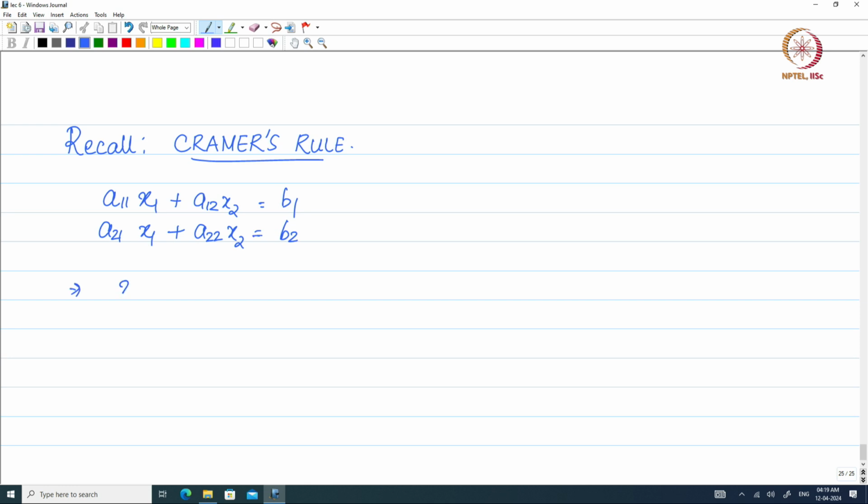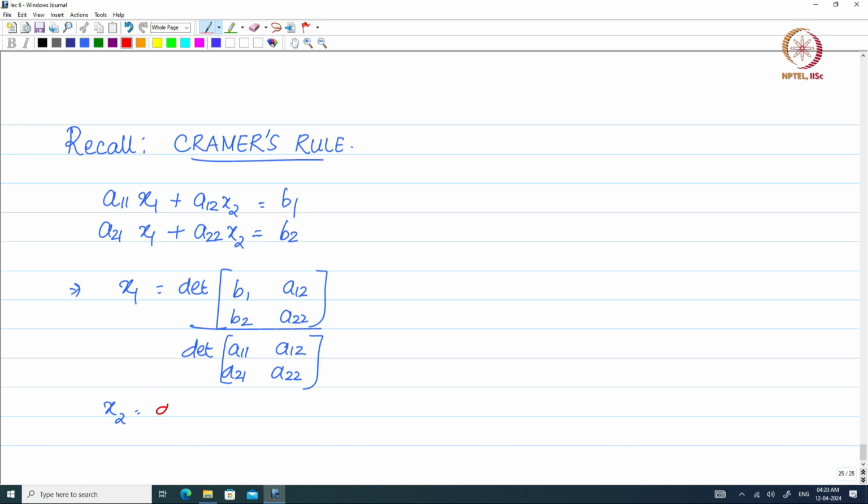We said that x1 is equal to the determinant of the matrix B1 B2 A12 A22 divided by the determinant of A11 A12 A21 A22, and similarly x2 is the determinant of the matrix A11 A21 B1 B2 divided by the determinant of